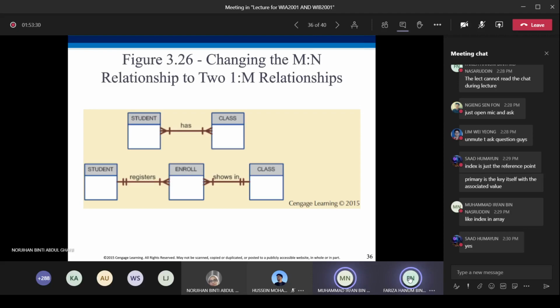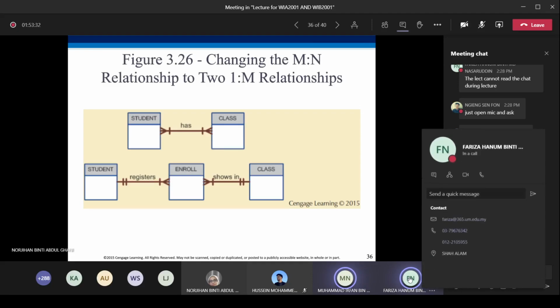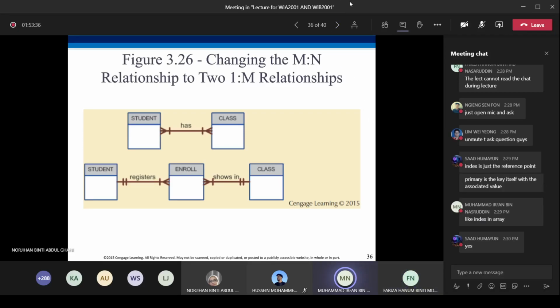I understand why it is one-to-many. I just don't know how to find one specific row in that relationship. There is no specific row. When you say a relationship is one-to-many, it's the relationship between two entities.